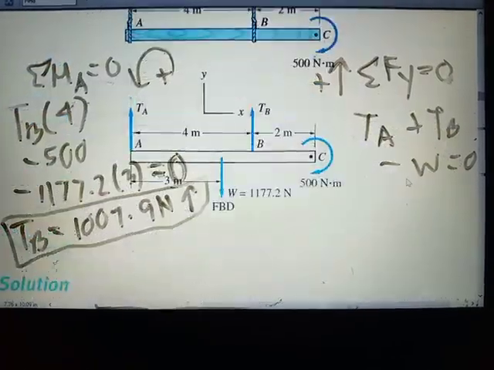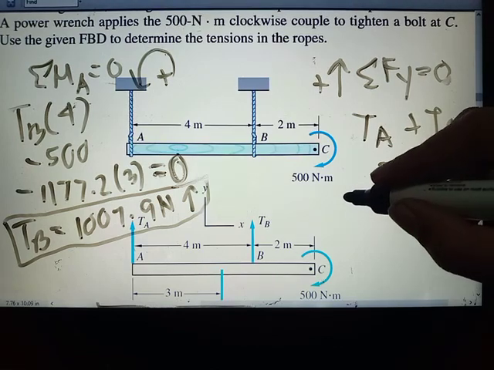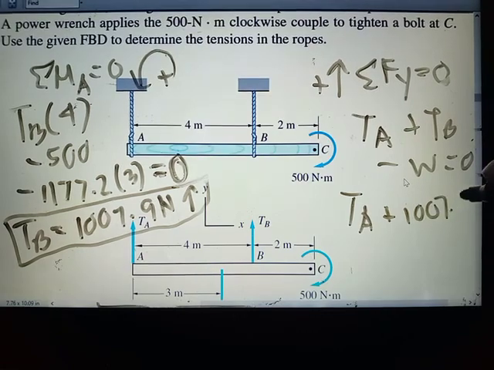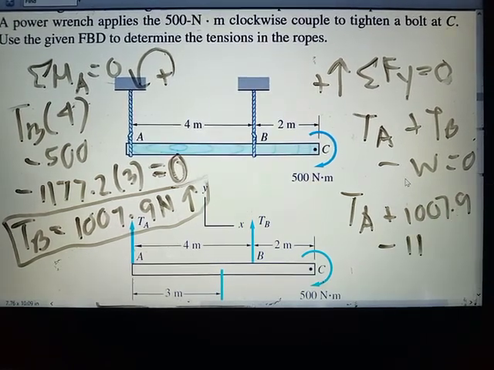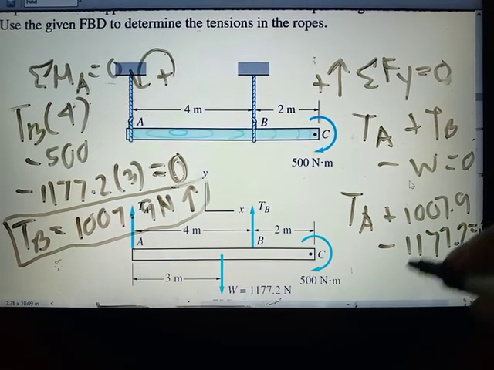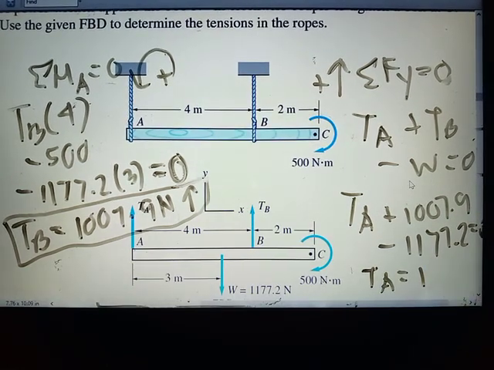Okay? Check ko lang para hindi tayo magkamali. So, TA natin is hindi natin alam. Ito yung unknown. Yung TB is 1,007.9. Yung W natin is 1,177.2, equals to 0. So, therefore, kapag minus mo na yan, and then ilipat mo sa kabila, yung sagot mo is